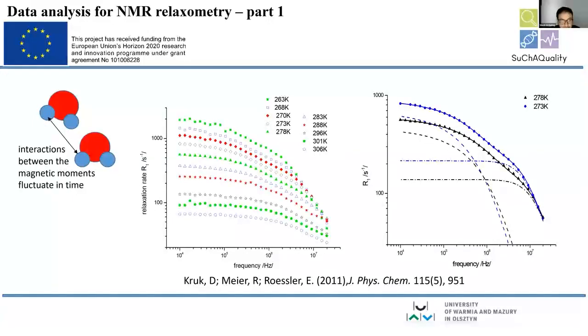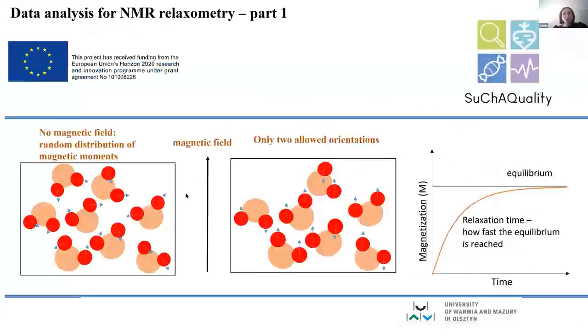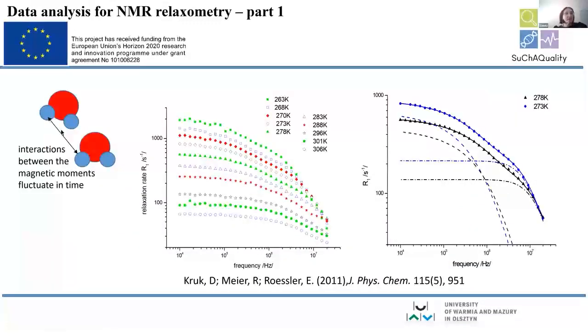So there are magnetic dipole-dipole interactions between the nuclei, and the exchange of energy goes via those interactions. And those interactions fluctuate in time. For instance, this coupling within one molecule fluctuates in time because of rotation of this molecule. The coupling between different molecules, like here, fluctuates in time because of translation and rotation of those molecules. So there are different origins of the fluctuations. And now, the strength of the interaction, the time scale of this interaction, and the mechanism of this interaction, whether this is translational motion or rotational motion or something else,